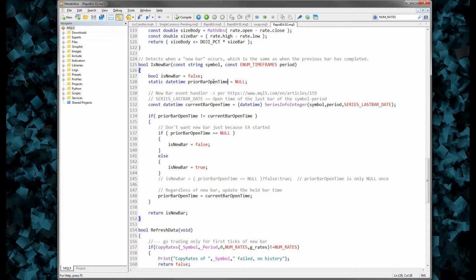The variable prior bar open time needs some explanation because it has a static scope. The documentation says this about static variables. Local variables declared with the static keyword retain their values throughout the function lifetime. With each next function call, such local variables contain the values that they had during the previous call. So, prior bar open time acts rather like a global variable in that it is not reinitialized each time the